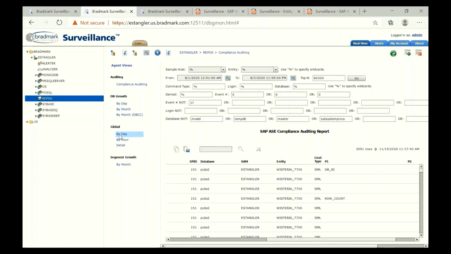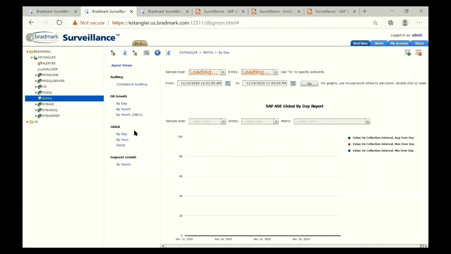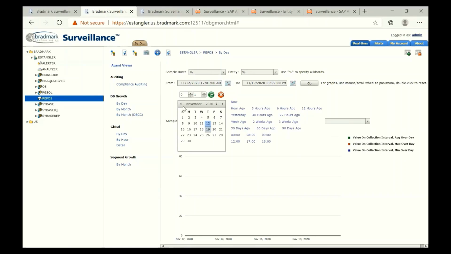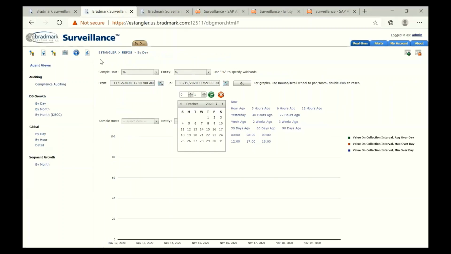Now this is an older version of Surveillance, but you can see here we also have global information by day, and the global information as a whole encompasses several different statistics. It includes CPU utilization, disk I/O, and a lot of different areas. So we can take a look at a set of daily data, for example, back in July. Let me go ahead and make this a little bit bigger. Go back to July, for example,